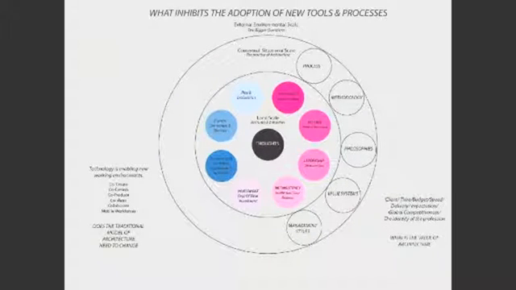This is one last little diagram I'm going to finish on. It's kind of a work in progress diagram. The way I'm going to describe it is the colours. The pink colours reference why people don't learn or adopt new tools. The blue colours reference why and how people actually learn. The gradient of the colours represents the strongest reason to the lesser reason. So, for example, people on a micro scale will not adopt new tools into their practice because the project